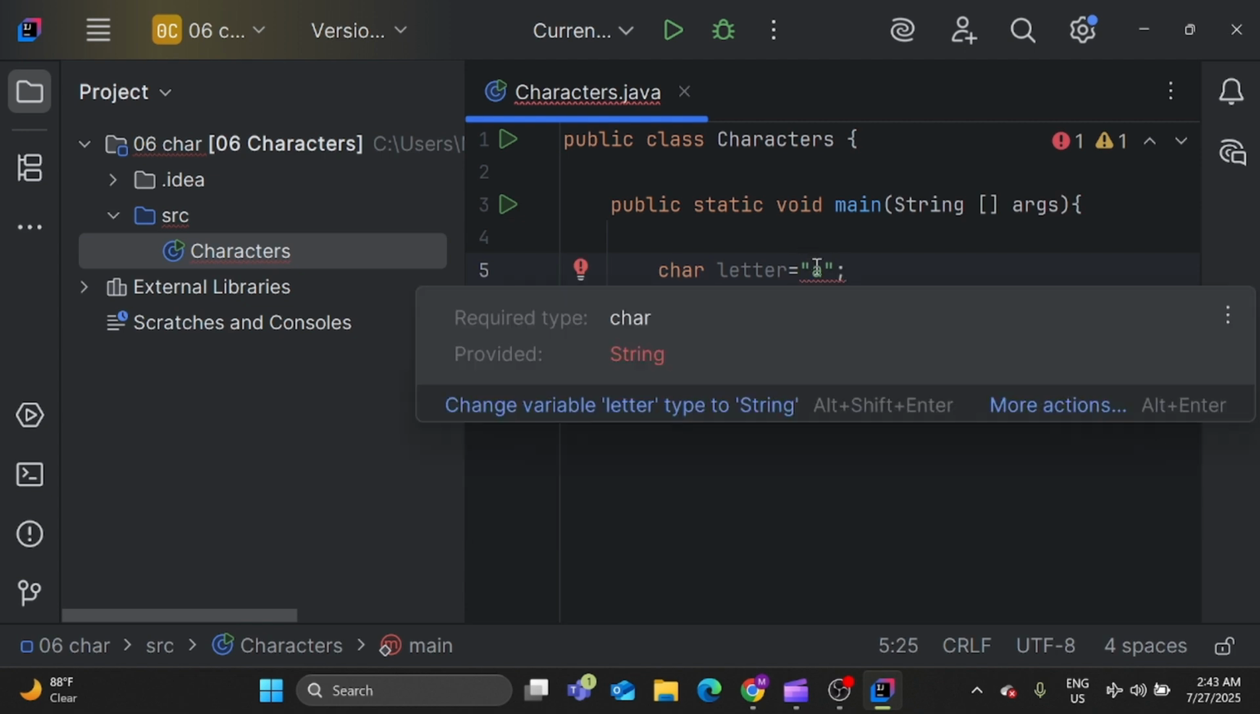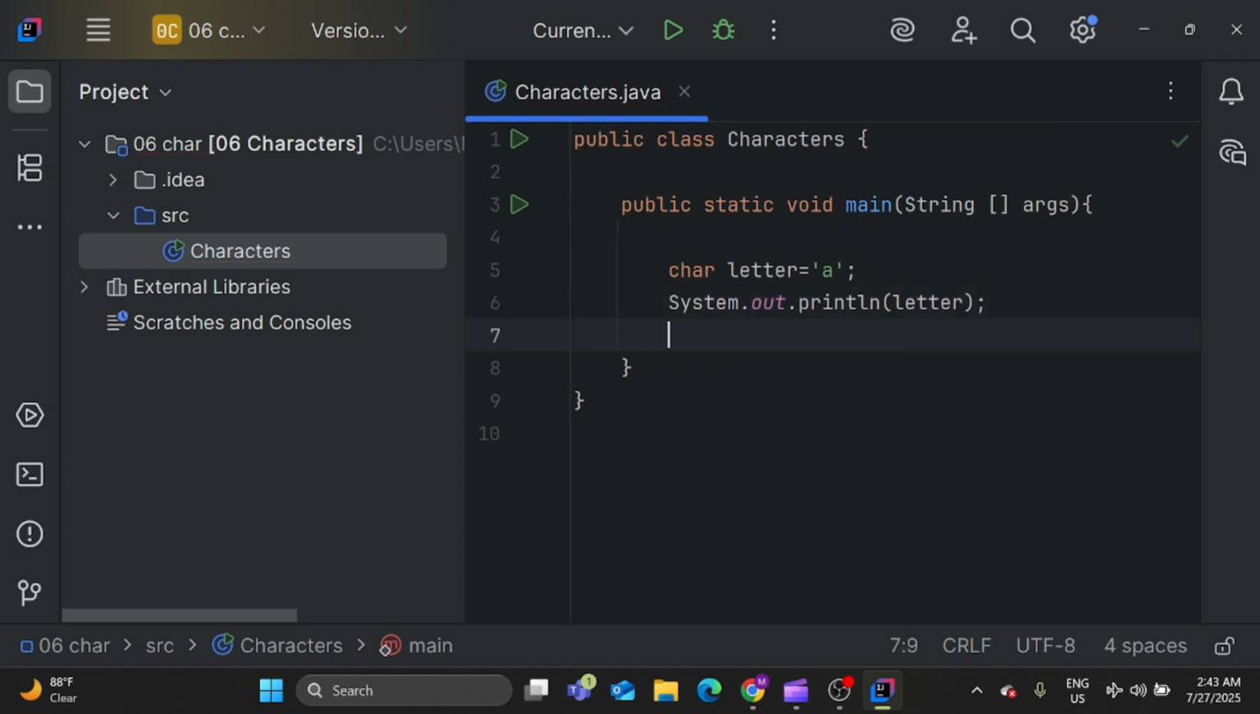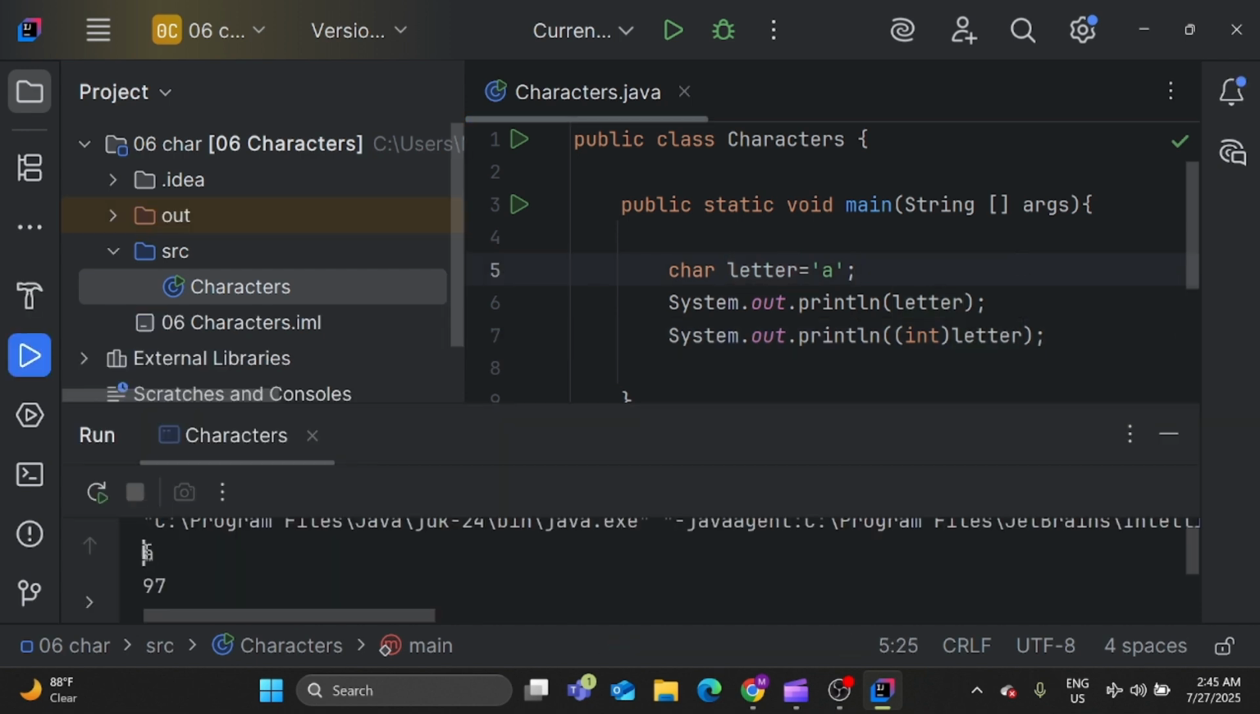So it's telling you here that you are providing it with a string even though the required type is a char. Now I want to show you something. Let's print the letter. And I also want you to print the letter typecasted into int. So let's go ahead and run this. Okay, so we get an A, which is the letter, and we get 97, which is the letter typecasted into